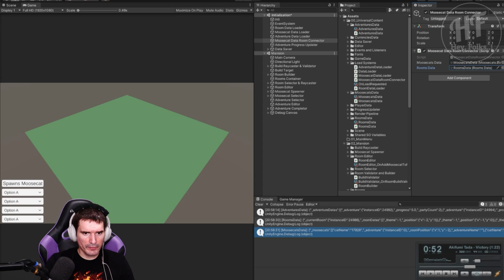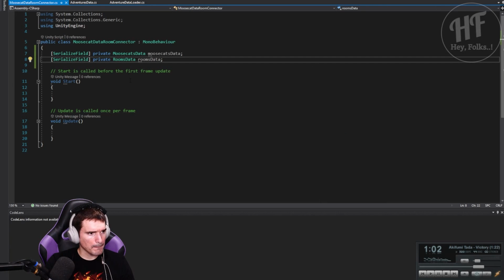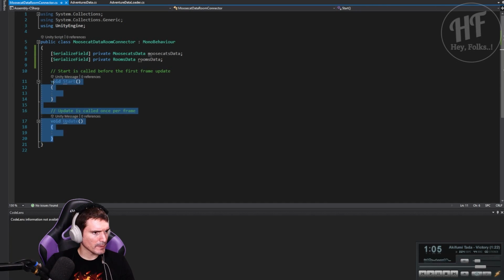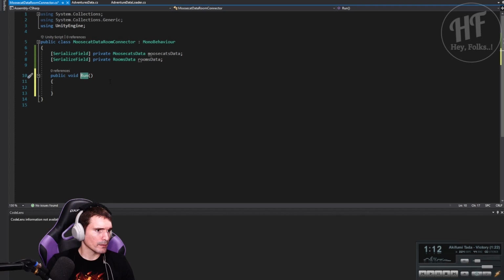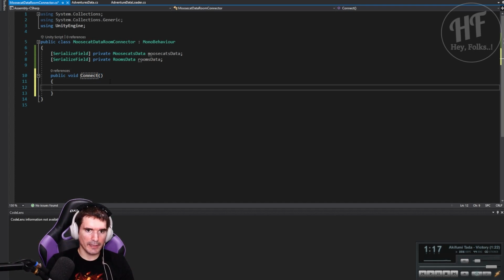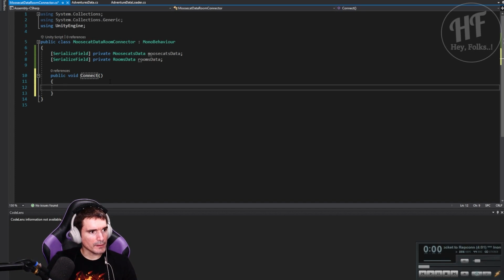Give those a little bit of an assignment. And then you may have noticed earlier, if I didn't cut it, that I have the code for it from when I did it before. Void run. We'll call it connect, because I have a feeling this is going to become virtual at some point and take care of the process. So the way this works is we're going to do a for each loop